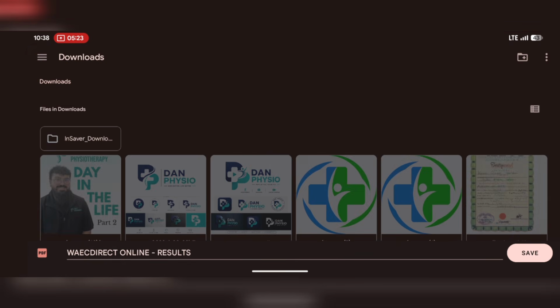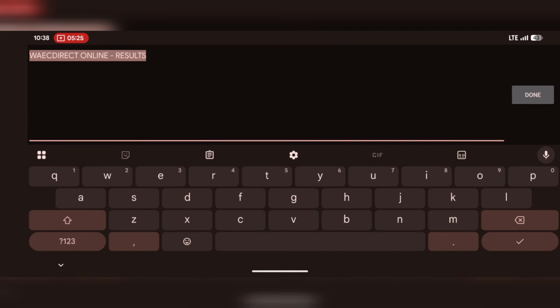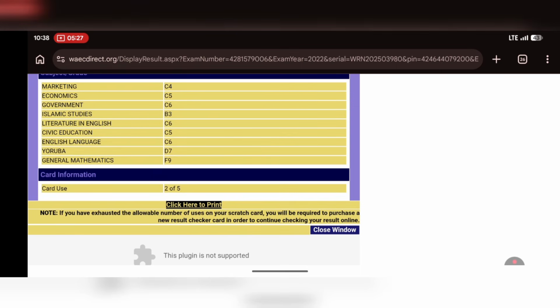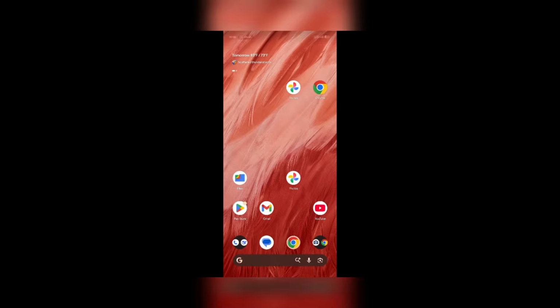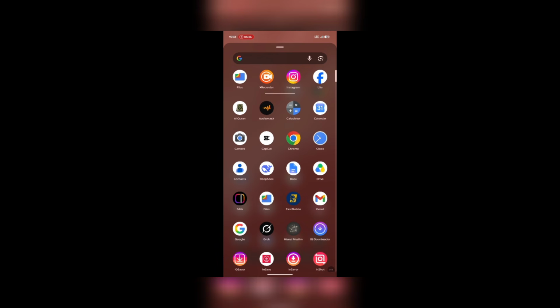As you can see, for me now, I just want to convert it to PDF. Having clicked on print, I will click on this print, then I will save it as anything, as my WAEC result done. I've already saved it on the phone. So if I want to go onto my phone to check, then I will just go